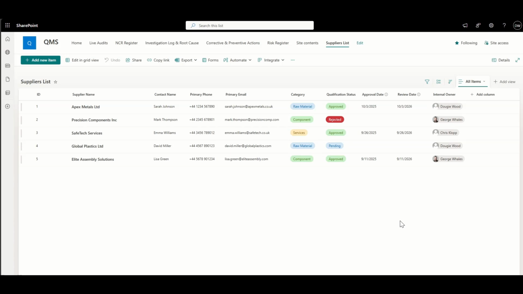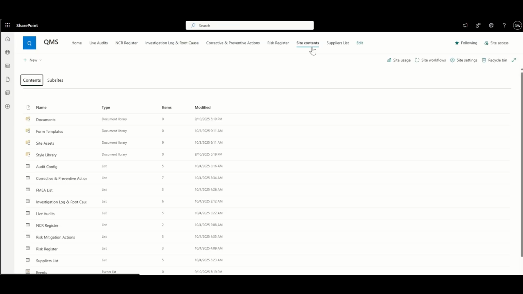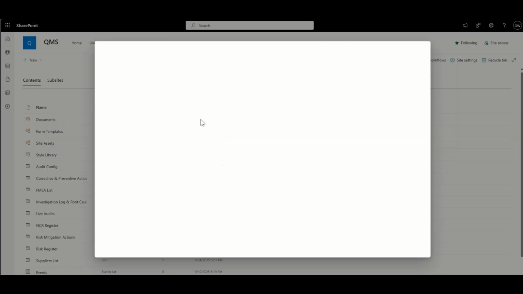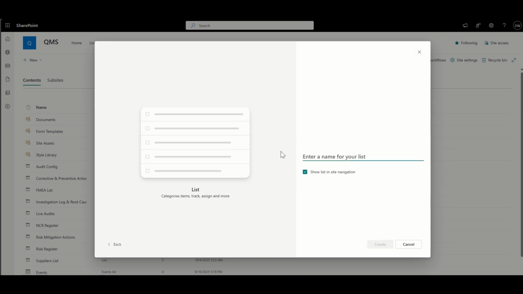Now, I say every organization I work with is slightly different about how they want to approach this, but it all follows a very similar kind of path. Quite often it's like monthly kind of checks, and it might be, say, project managers or other types of people that are actually doing checks on their suppliers that they're working with on a day-to-day basis. So what I'm going to do is create a list, and this is going to be my supplier performance scorecard list. So click on this, and then I'm going to call this my supplier